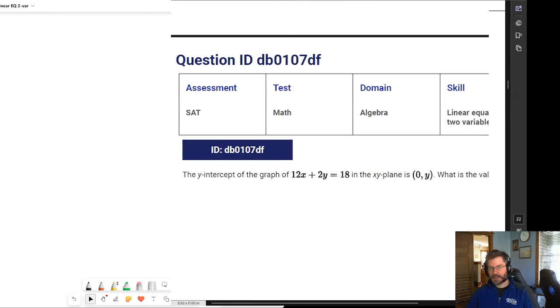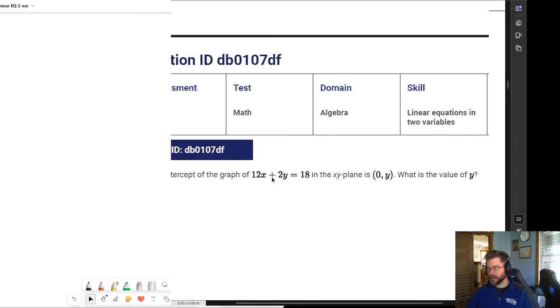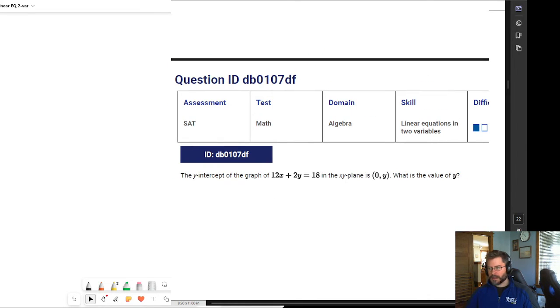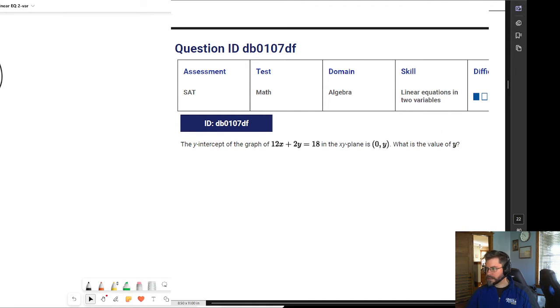Next question. We've got y-intercept of the graph is 0. Y, what is the value of y? And okay, of course, this is